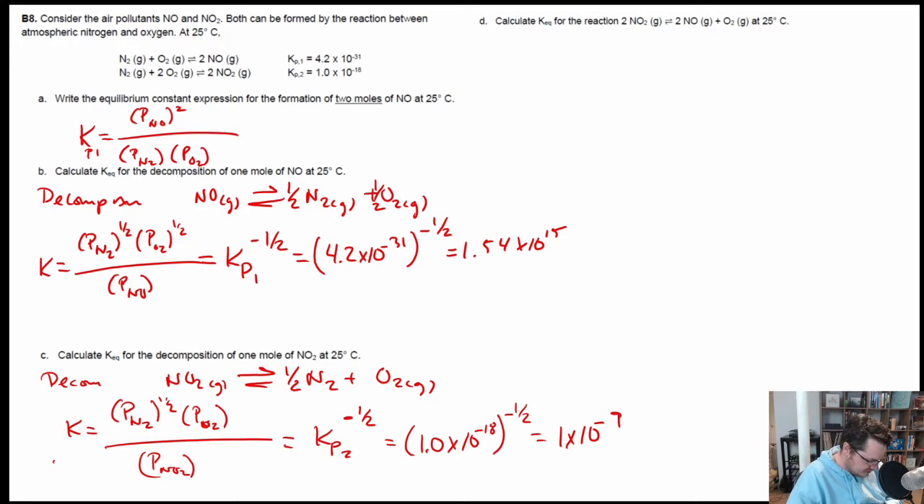Oh, I messed up. I forgot the negative in the 1 times 10 to the -18. So that becomes 1 times 10 to the 9th. Sorry, in that case right there. So, looking at that right there, the decomposition reaction of 1 mole of NO2 can be calculated that way as